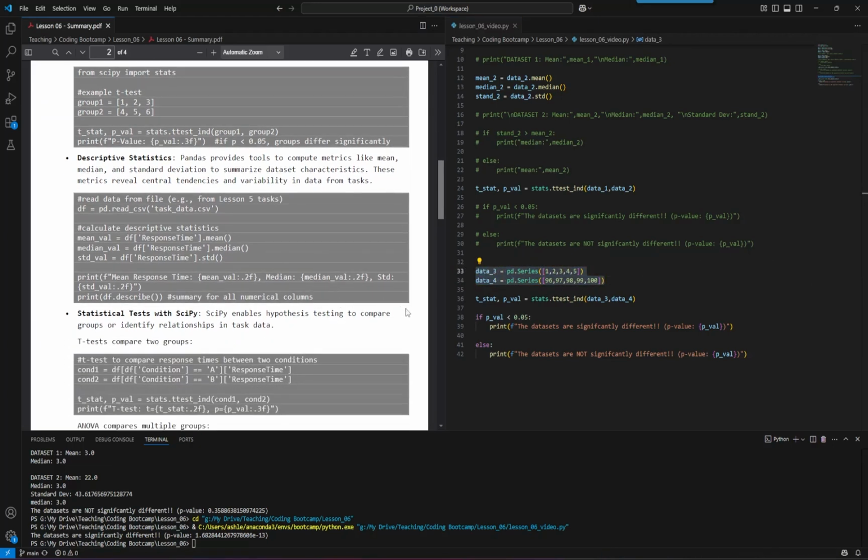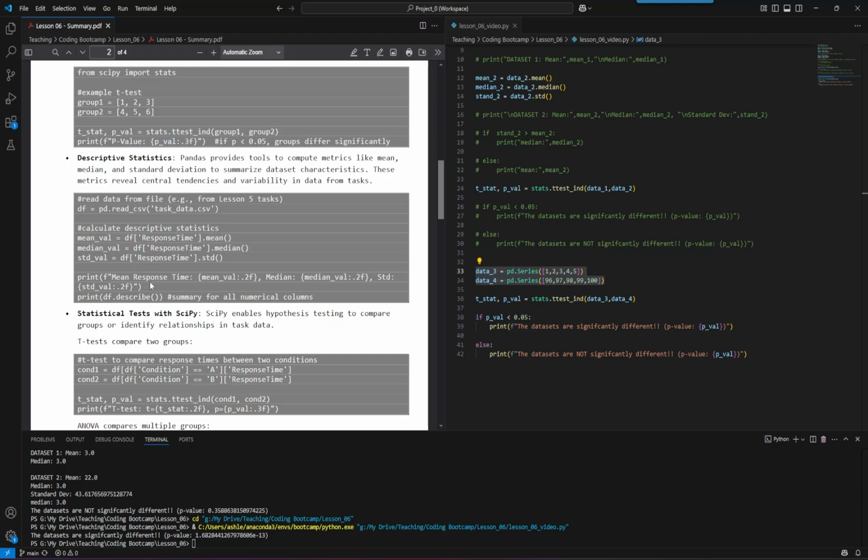I'm not going to walk through this specifically, but we could do the same thing if we read the data from a file. So if we take that task data that we had in the previous lesson, we could read it from a CSV or from an Excel sheet, depending on how we save that data, or TXT, and read it in line by line. And we could generate the mean, median, and the standard deviation of that data set, and we could just plot this. So this is going to be very helpful for your assignment for today,